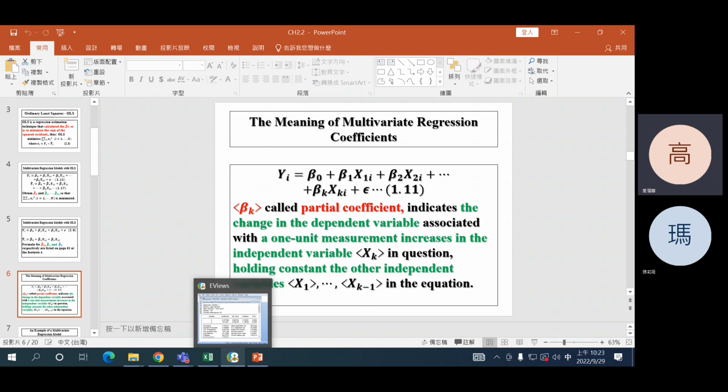Since I have many X variables, this is what we call a partial coefficient, which indicates the change in the dependent variable associated with a one unit measurement increase in the independent variable Xk